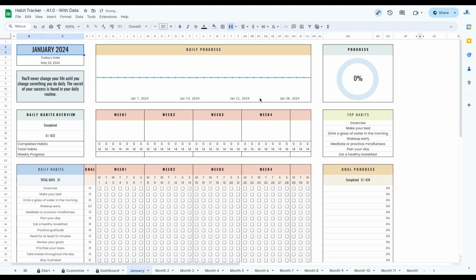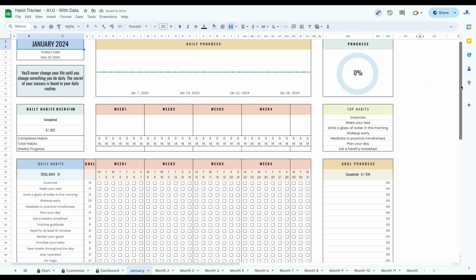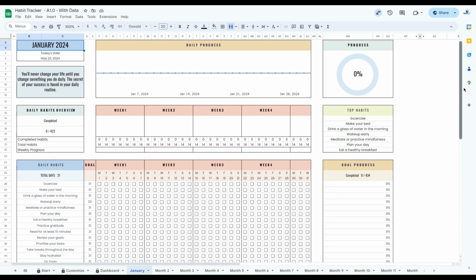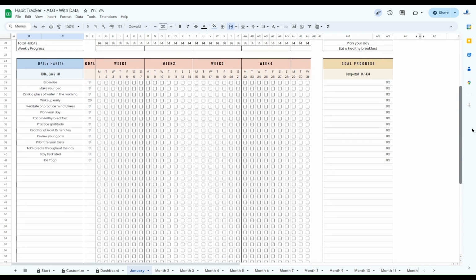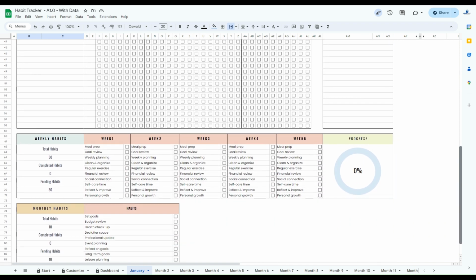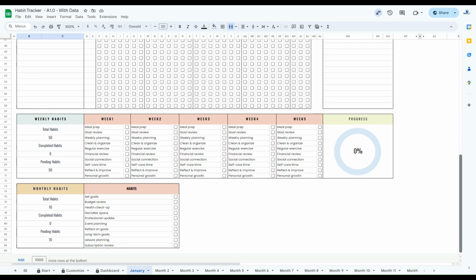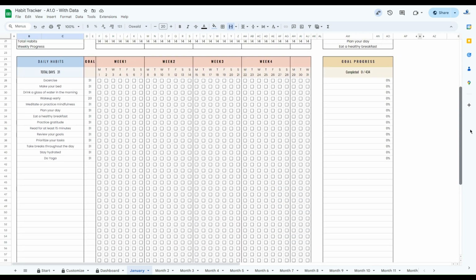Each monthly sheet is divided into 4 sections. At the top of the sheet, there's a simple dashboard. Below that, there's a section for tracking daily habits. Then, there's a section for tracking weekly habits, and finally, there's a section for tracking monthly habits. In the Daily Habits section, the habits defined in the Customize sheet are automatically copied into the Daily Habits column. If you want to add a new habit for a month, you can go to the bottom of the section